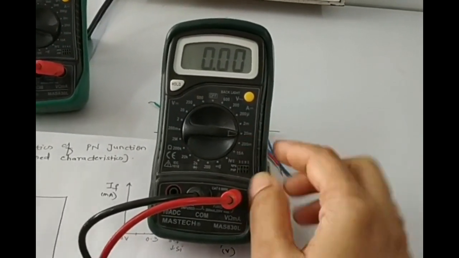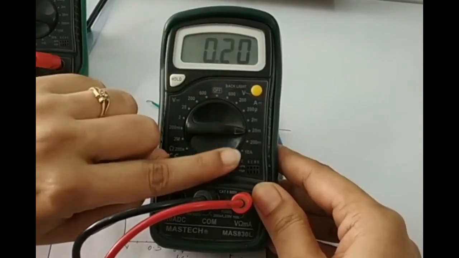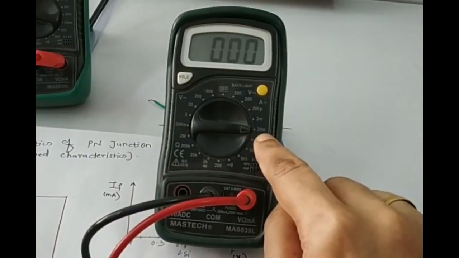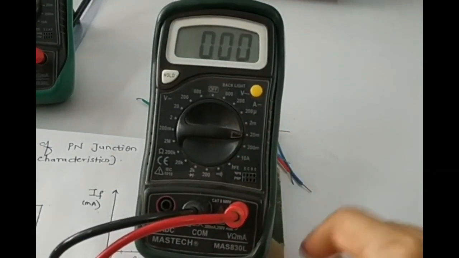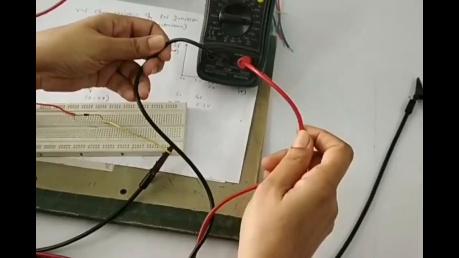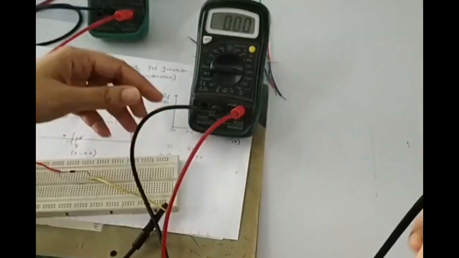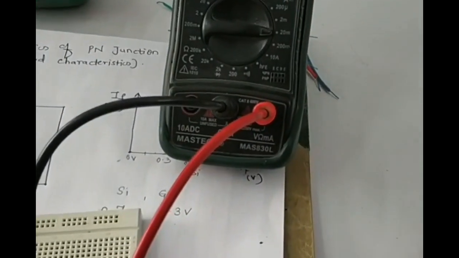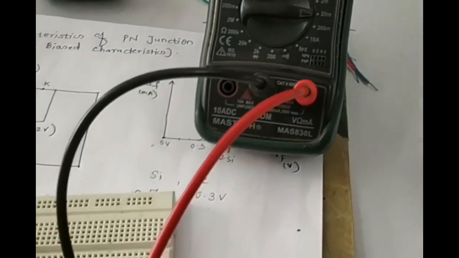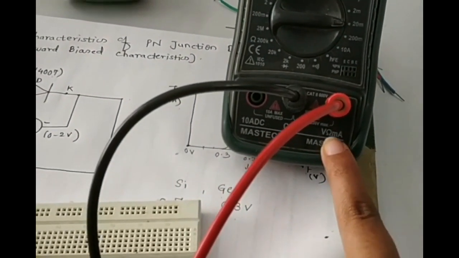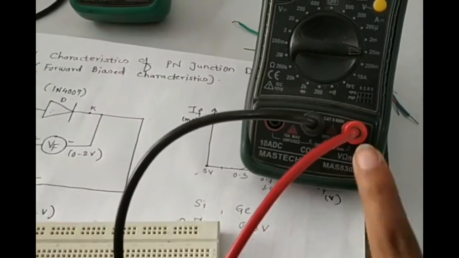So I have adjusted this current meter to 0 to 20 milliamp. You can see here the ampere area. Again, black, as you know, is connected to the negative terminal, and red is to measure the milliampere current flowing through